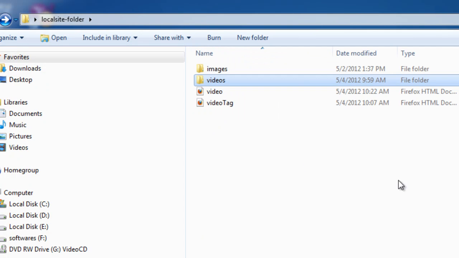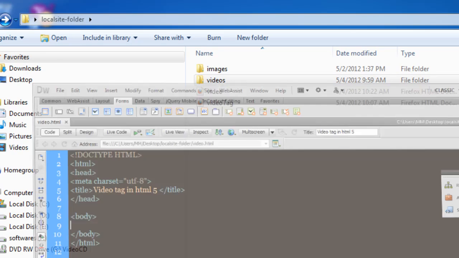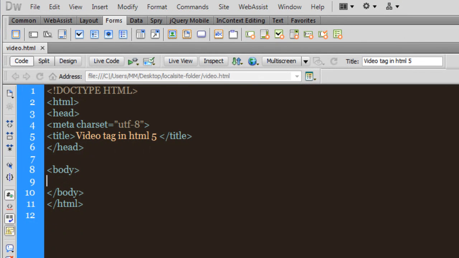Great. Guys, what I'm going to do is go to Dreamweaver. I'm going to use Dreamweaver 5.5 as the application to show you how things actually work. I have this document already open, which I've saved as video.html, and the only thing that I've done so far is just give it a title and nothing else. So guys, let's start and see how we can actually use the video tag to